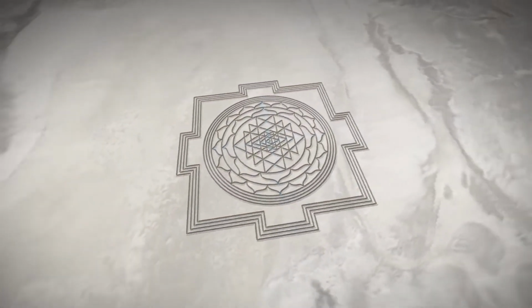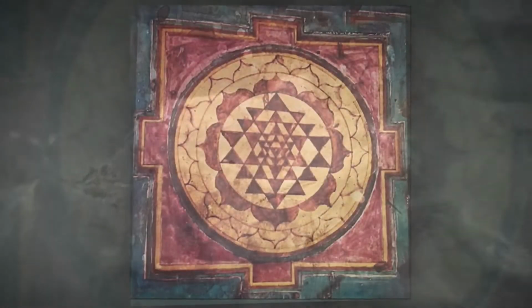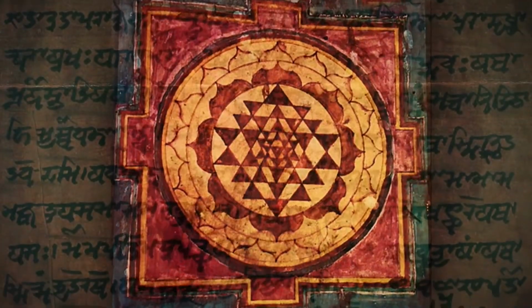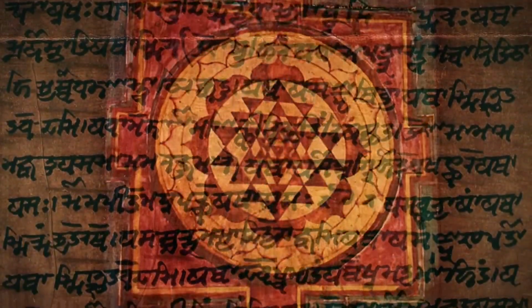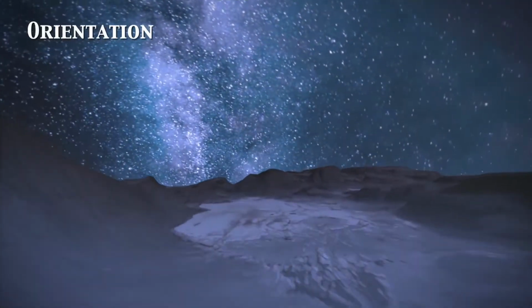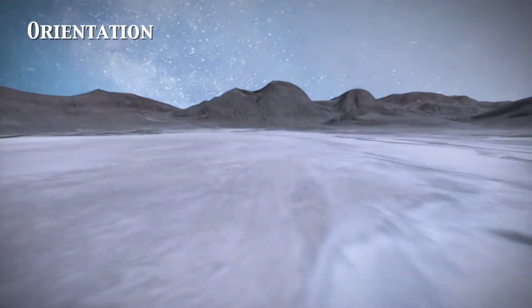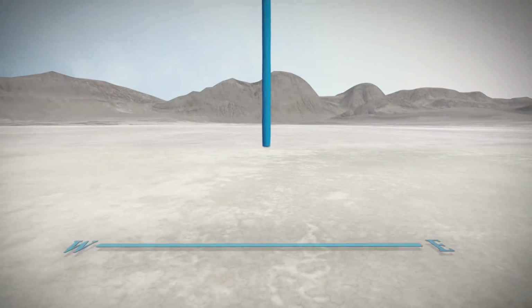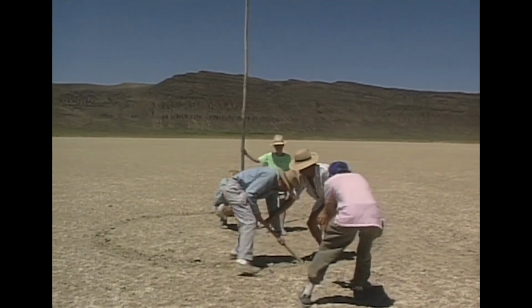Orientation was done with an ancient technique from an Upanishad, a Vedic text. The text gives instructions on how to erect sacred buildings. The idea is to orient them to the cosmos, and that's to be done by creating an east-west line using solar geometry. First, we put a post in the ground, then we inscribed a circle around the post, and then